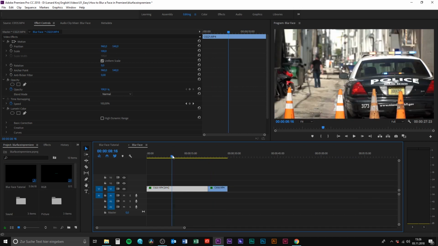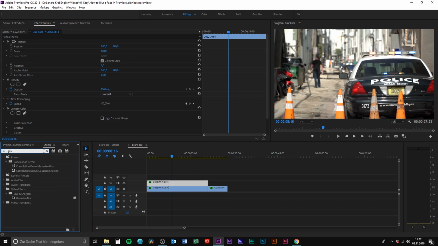So we start with the number plate, and what I really like to do is separate the layers where I blur something and the original video. So I click Alt and drag and drop it here over the original video. Now I have two videos, they are both the same, and now we can say Gaussian blur,